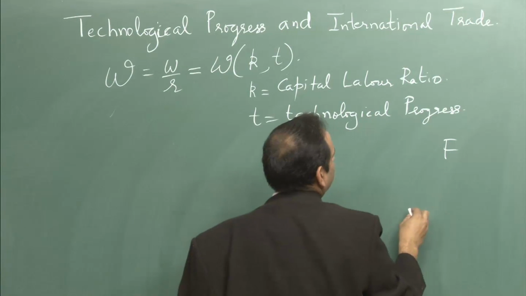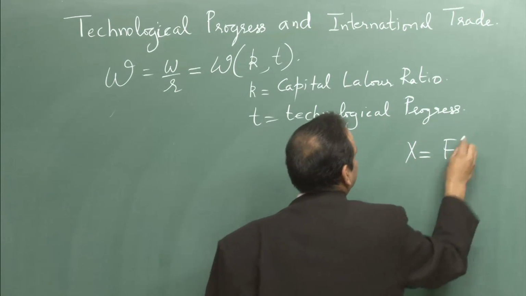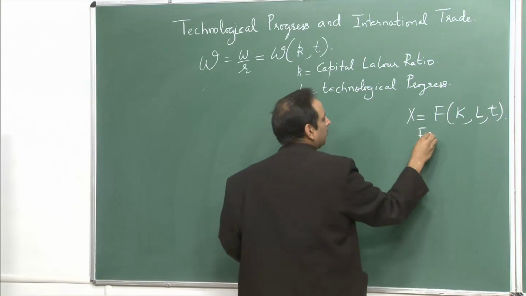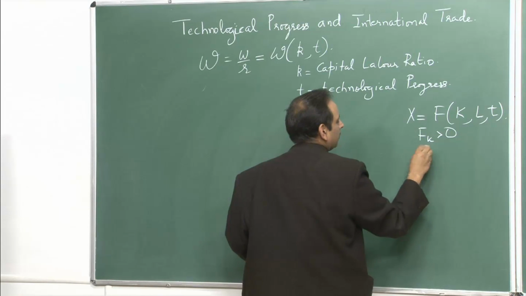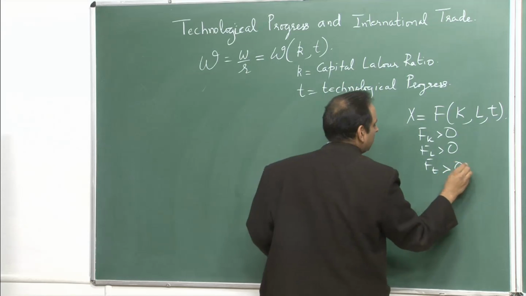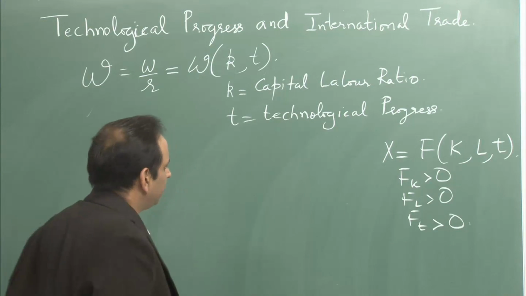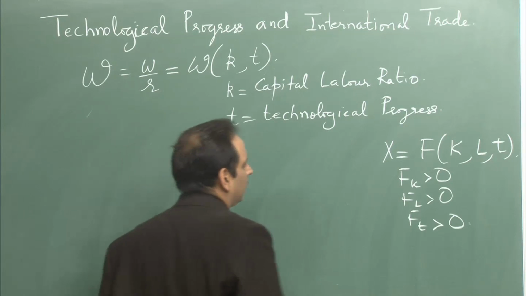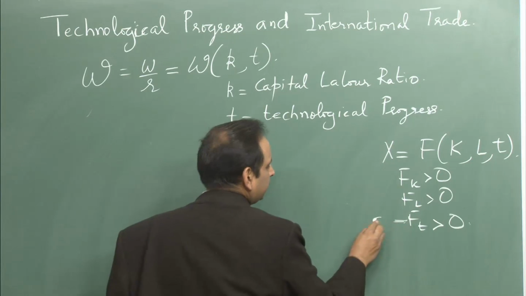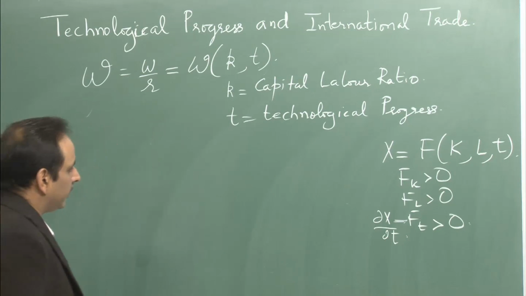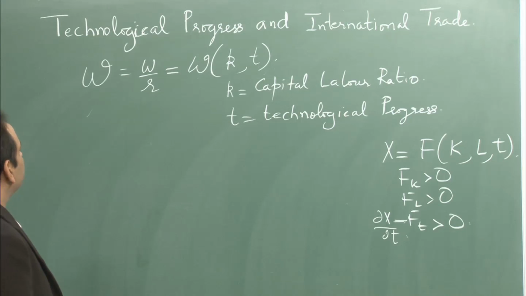And so, you have X, the marginal productivities all greater than 0, where Ft is del x del t greater than 0. Now, this omega is a function of k and t,